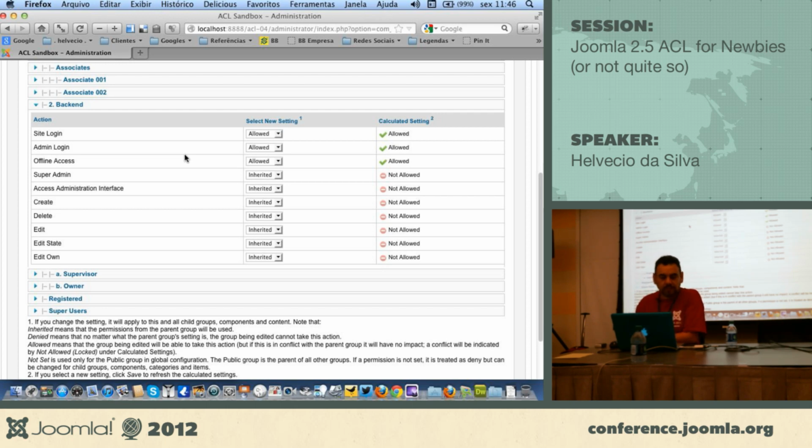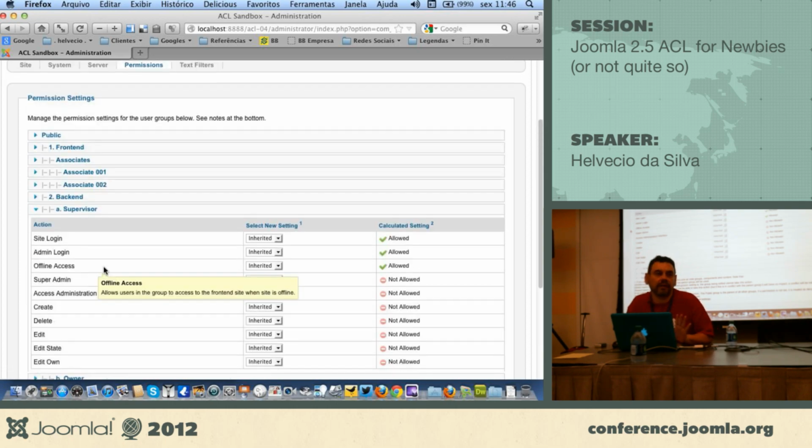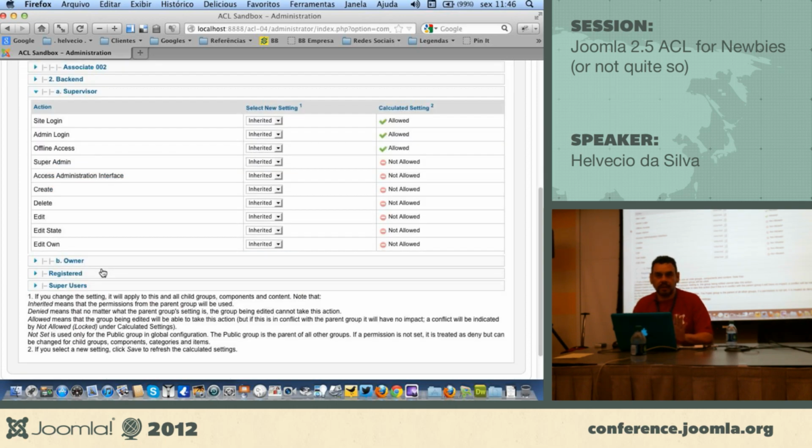So I have login. I can log into the system, okay, and do things in the back end. The supervisor has a plus. No, I'm sorry. Here in the global configuration, he just inherits the same permissions from the backend. And the owner,